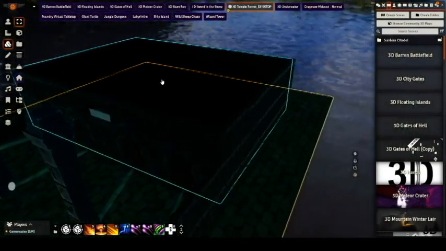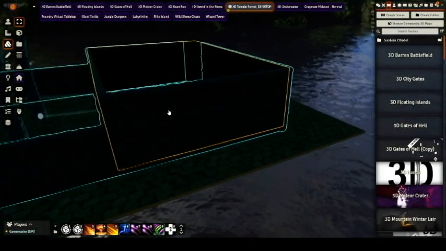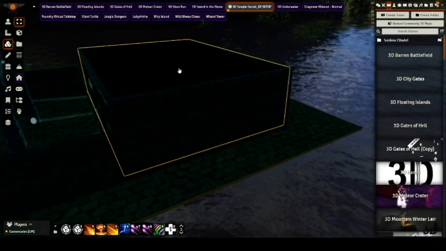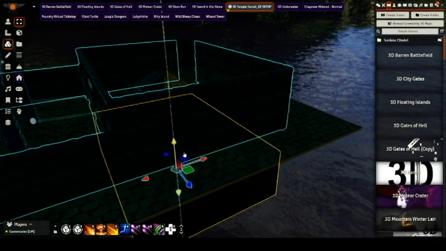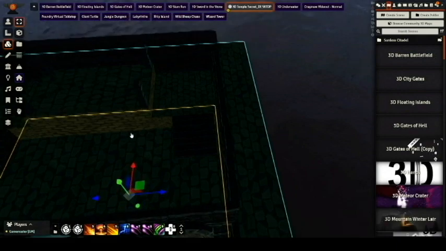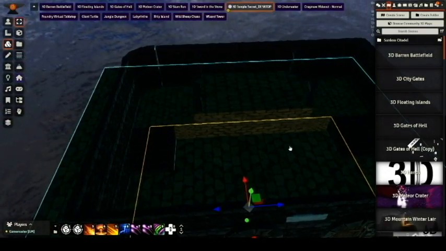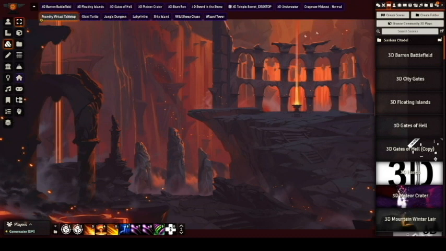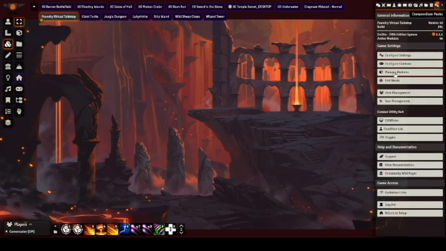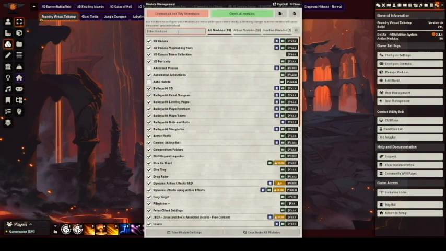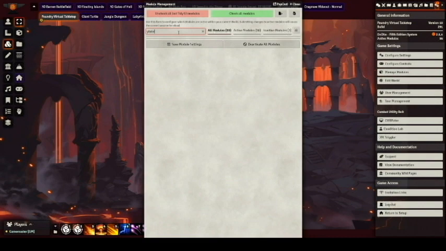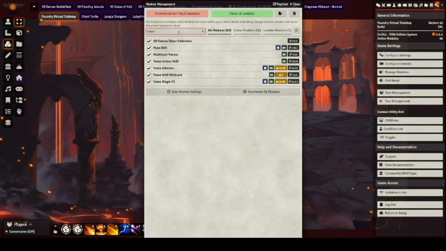We do have this large black box element. Just move it out of the way, and we have some type of boss battle or scene for that. The first thing we're going to do is make sure that we have two important modules in order to do this. We are looking for token attacher, which